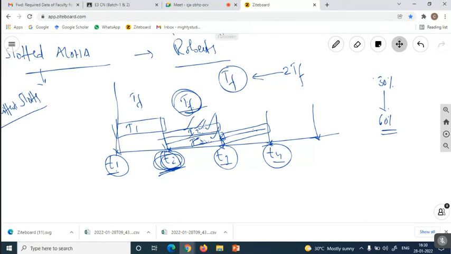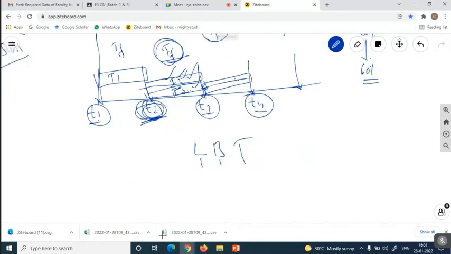So if one person has completed the conversation, the next one is going to start, because the second one finds that someone else is talking. That means we are going to follow the principle of LTB, that means listen before talking. Listen before talking in the sense that before talking, a person is going to listen whether anyone is talking or not.